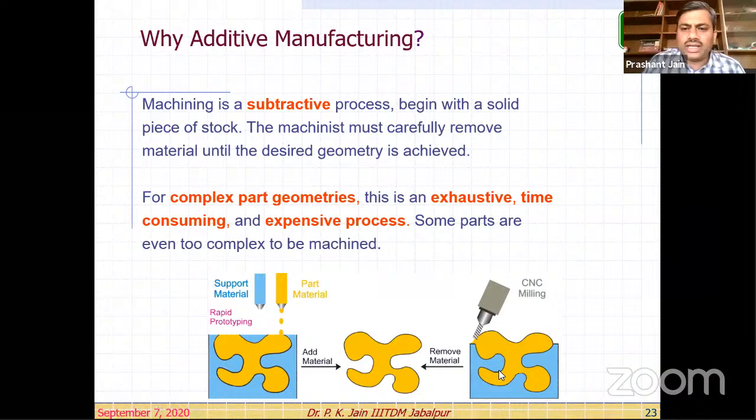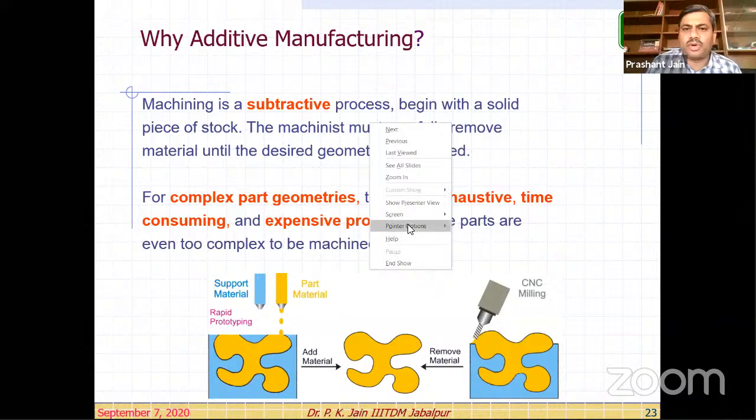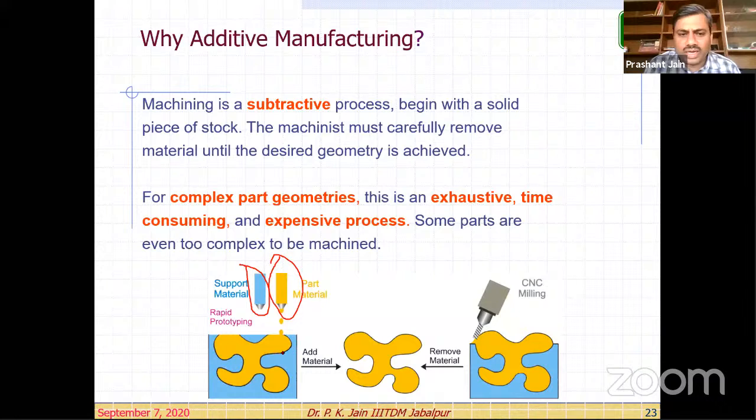You see on the bottom the figure, in some situations even the CNC machine cannot reach these complex parts, right? This is the CNC milling portion, so some portion it will not reach, right? So here in this case we go for the additive manufacturing process where we deposit the materials. Here we have two nozzles, one for part material and one for the support material. So these overhanging features can be provided support, right? So these two nozzles will deposit. A little detail on that process, the FDM process.